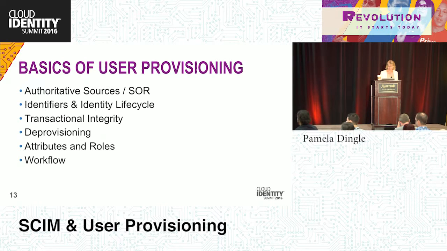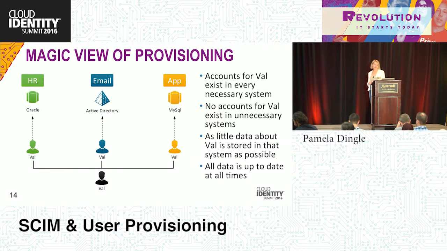All right, so I'm going to skip past that because we're going to cover it one by one and talk about this magic view of provisioning. So far we've talked about the fact that we've got diverging data. We're trying to control that data and bring it back into a common organizational state. So what that sounds like is sort of voodoo magic, right? So you have a magical person named Val, and there's one true, shining vision of this person called Val, and that we're just going to push that reality into multiple systems so that everyone knows who Val is. Unfortunately, it doesn't work that way.